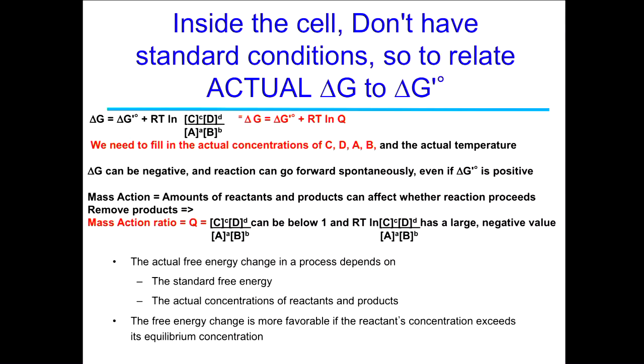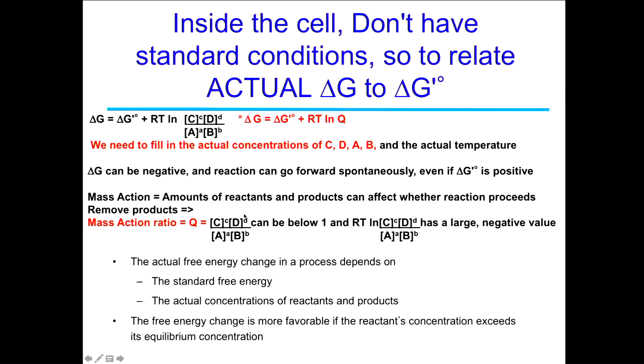And if you think about these different equations, what's happening here is we're removing the product. Okay, so we're removing the product. This ratio, where we have C and D, the products, over A and B, the reactants, and all these are concentrations, to the power of little c and little d and little a and little b. If the concentrations of C and D are very, very small because we keep taking away C and D as soon as we make it,